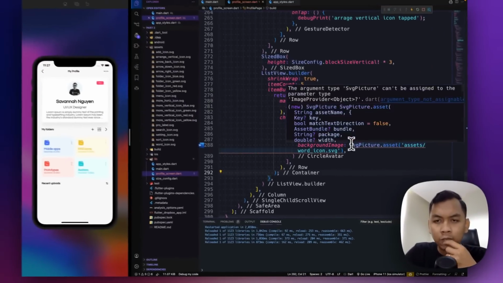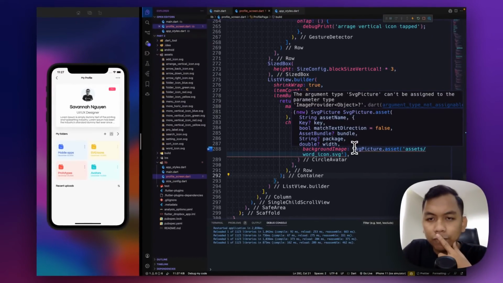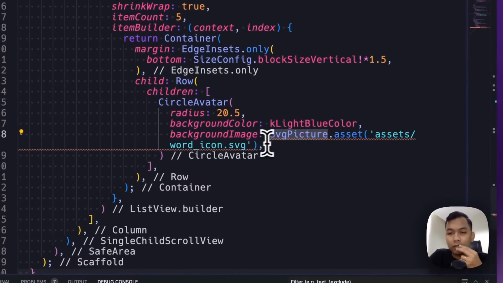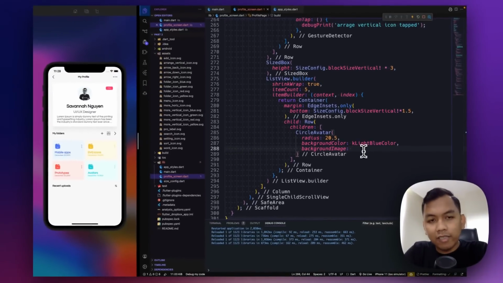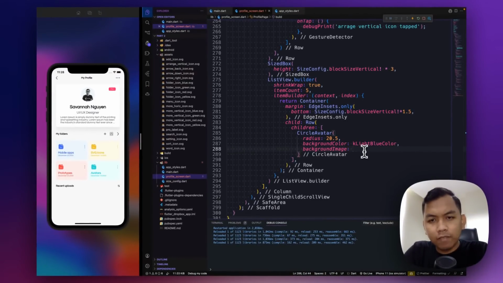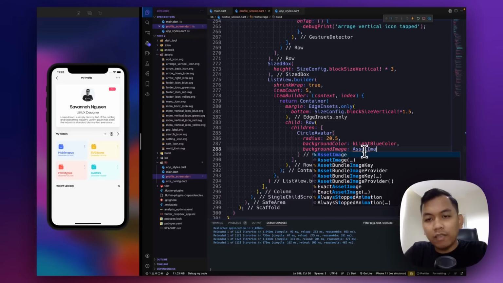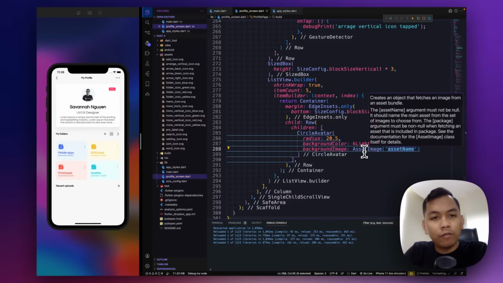I think this not support. How about what we say here? Let's try asset image, but I don't know. I think this not work. What icon.svg.